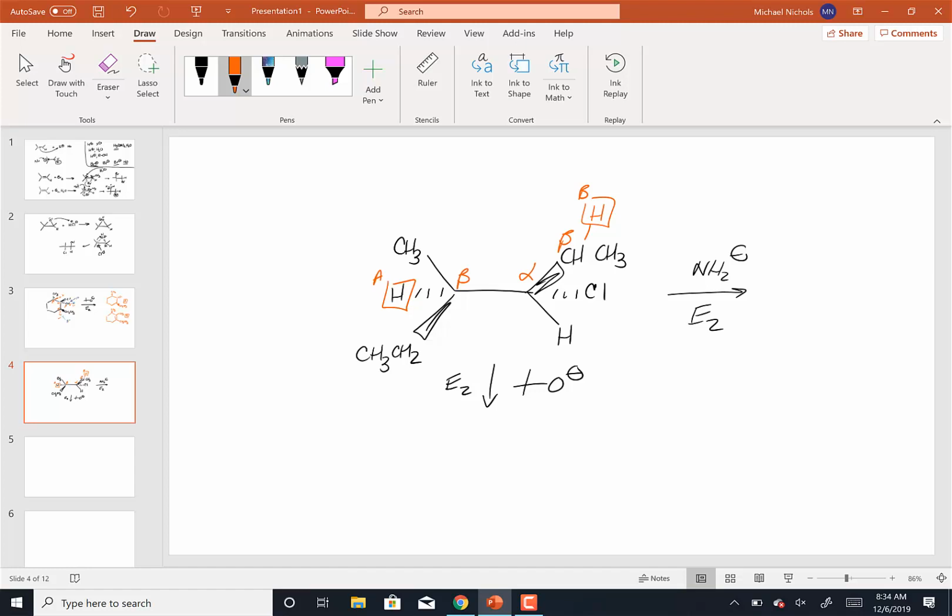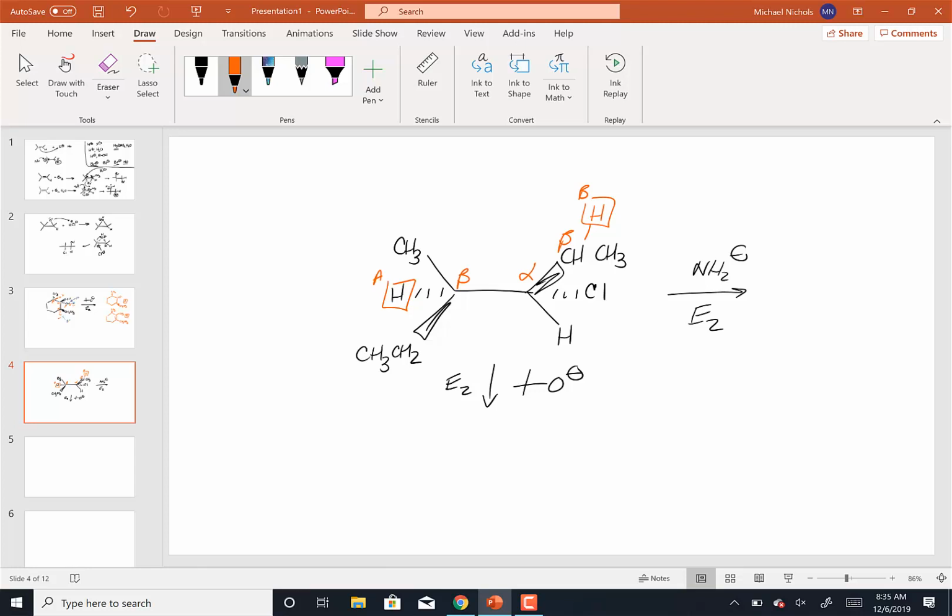How about the tertiary butoxide? Which hydrogen is the tertiary butoxide going to go after to form the major product? What did we just say? The tertiary butoxide's going after the beta hydrogen that is the least sterically hindered, which in this case is beta hydrogen